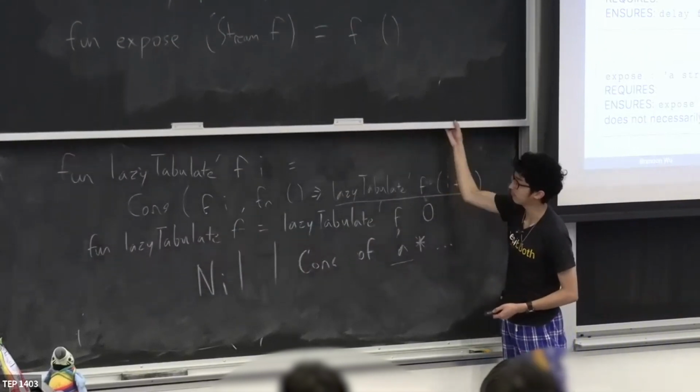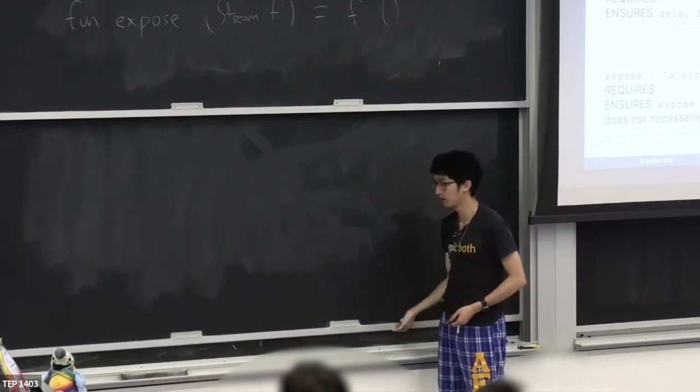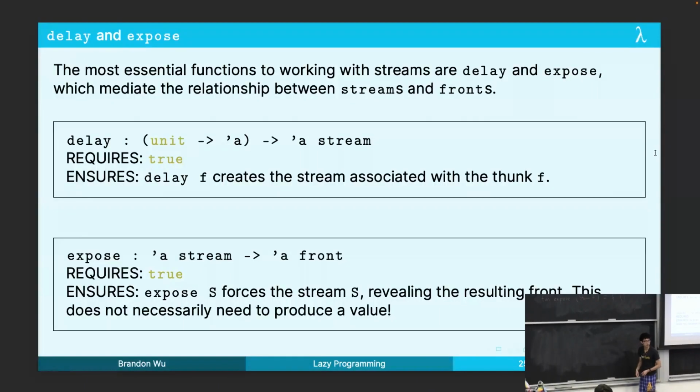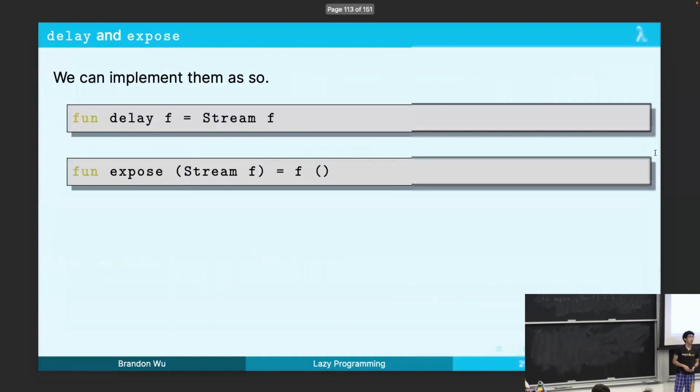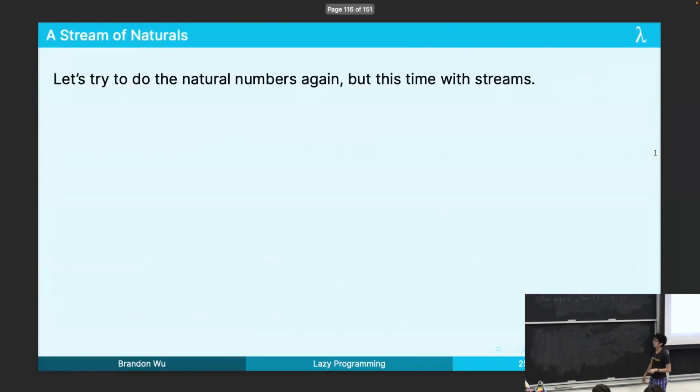Okay. But not that one. That one's done. All right. Everyone clear on this? All right. And that was the implementation. So we're going to use these helpers, and then we're going to define some cool functions. The first thing we're going to do is the natural numbers. I'm not going to have time to do the primes example. That's so sad. The key to doing the natural numbers is that we're going to define two